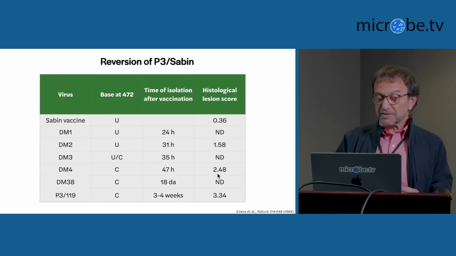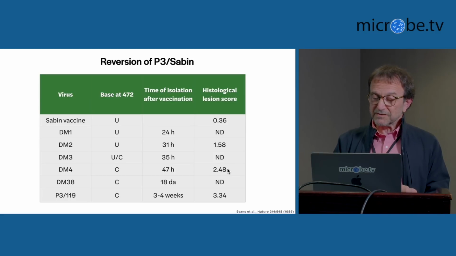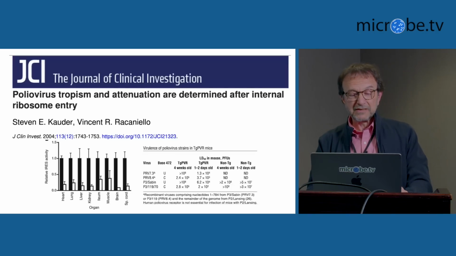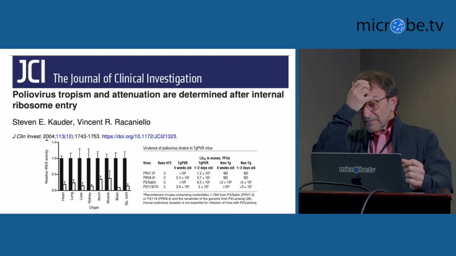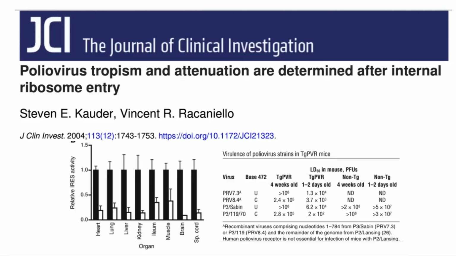And the lesion score of those viruses in a monkey neurovirulence test is quite high. It would not pass, it would not be released as a vaccine, obviously. So this occurs in every child. And we've always been interested in how that one base change attenuates neurovirulence. And we published this paper a number of years ago in the JCI that said the effect of